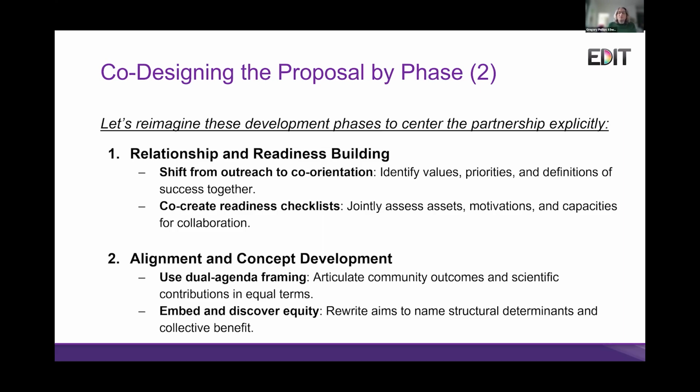We also want to make sure that when we're doing this, there's equity in this. A lot of times we have this assumption that one partner is better equipped to develop the aims than another, and they take the lead. But figuring out ways that we can co-develop the specific aims and how we can co-write them and address them as we're moving through the process is really going to be helpful to ensure that there's equity from the beginning, even before we start writing.